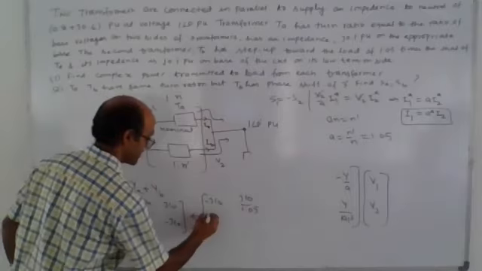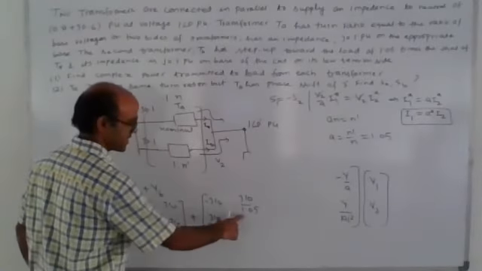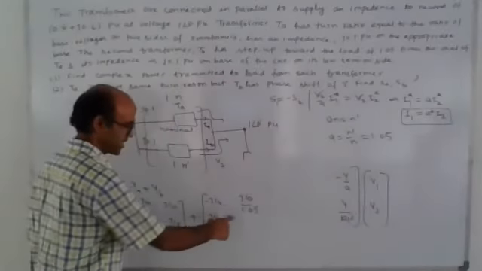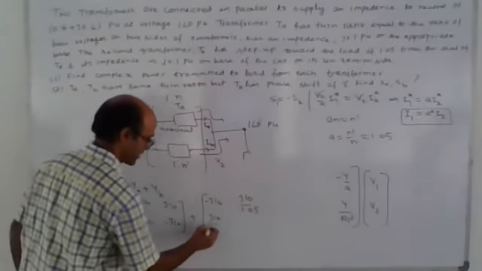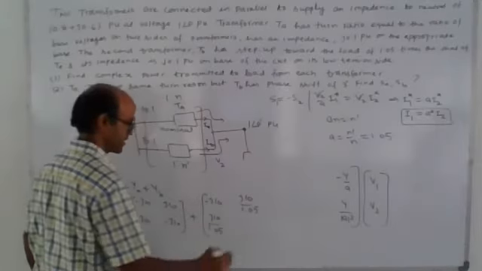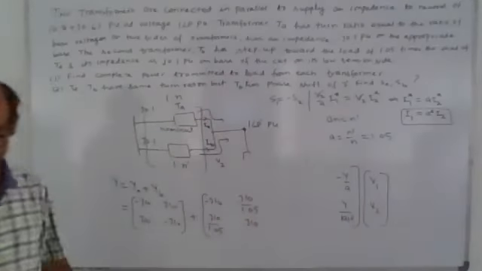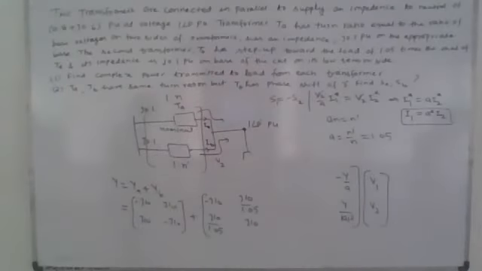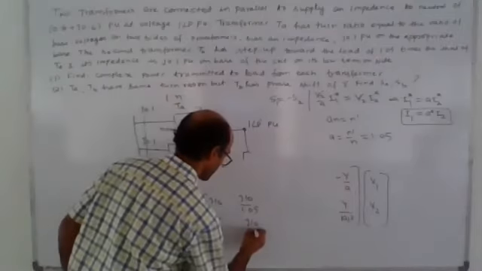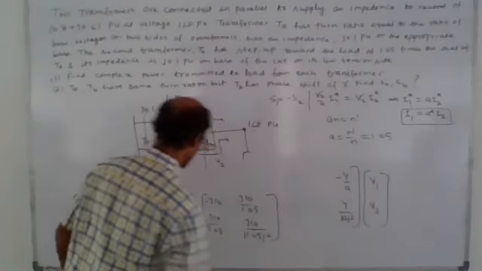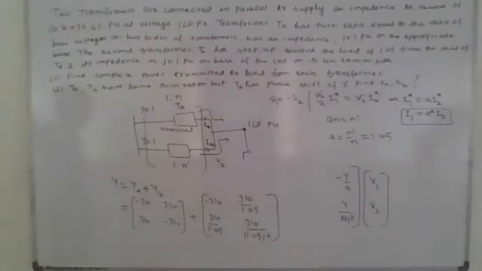minus by A. So J10 by 1.05. Then again J10 by, if you are taking, this is a real number. So here A star is same as A. So if you are taking the conjugate of 1.05, it is 1.05, because this is a real number. Like this is J10 divided by 1.05 square. So mod square. So if you are adding these two, you are getting the admittance.